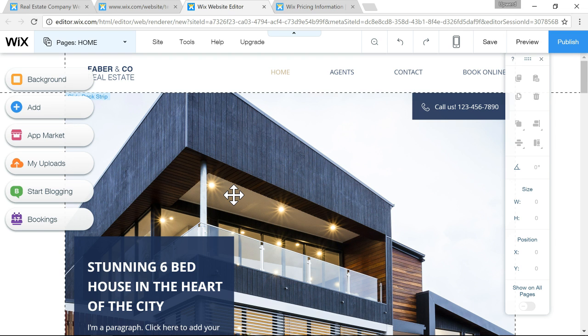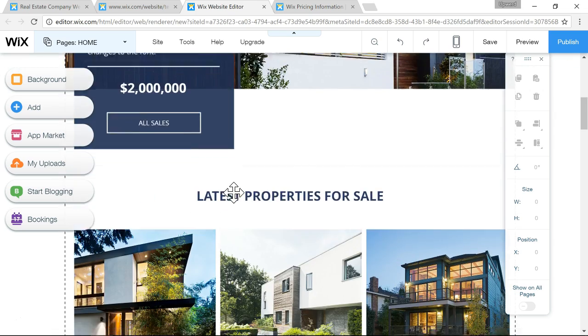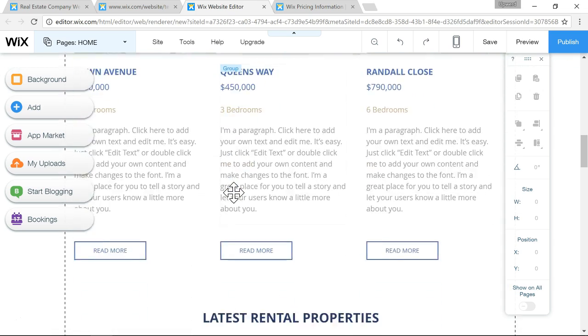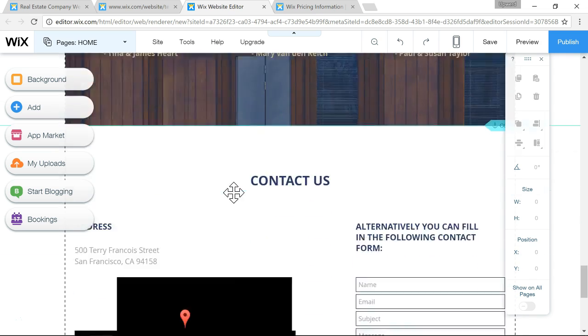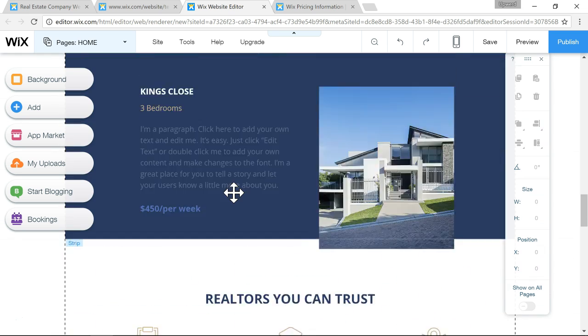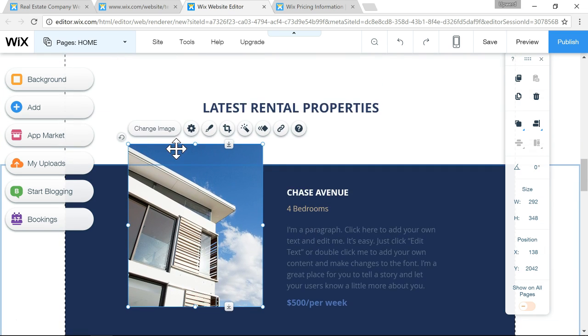So after that processes, it will take you to the Wix website builder, and you can see the website we were looking at before in the demo. You can scroll through it, and then if you click on anything in here, you will see there are some options that show up. Like, this is an image. We clicked on the image that says change image. So you can click on change image,